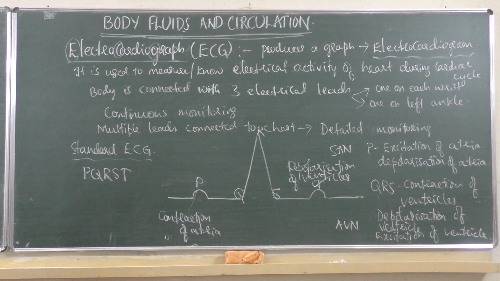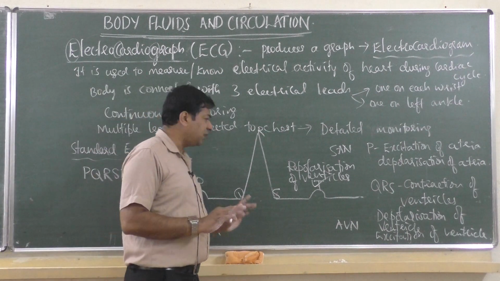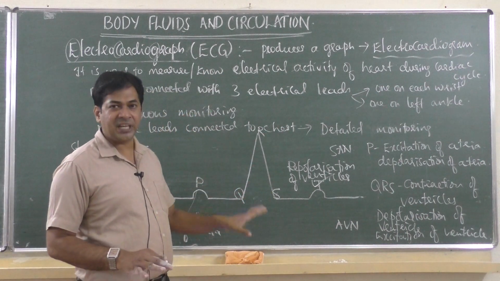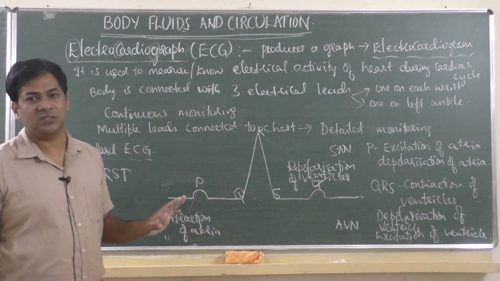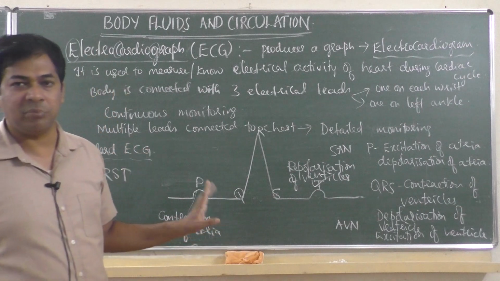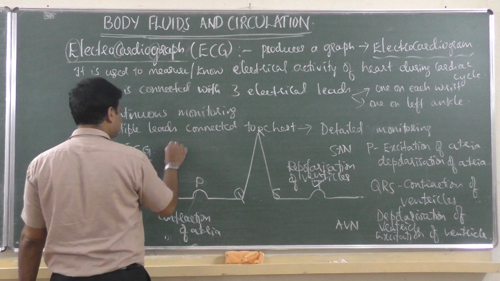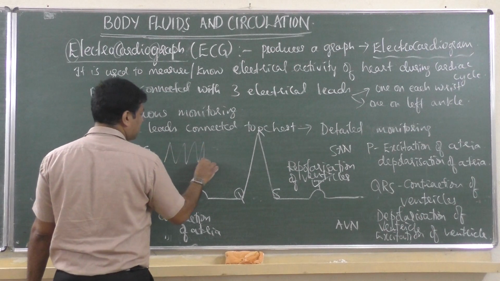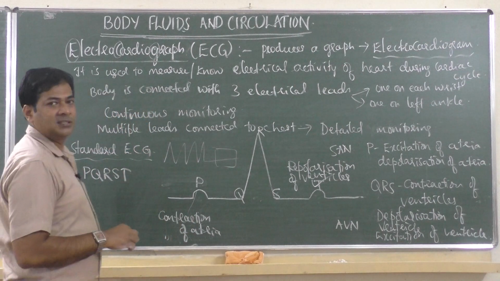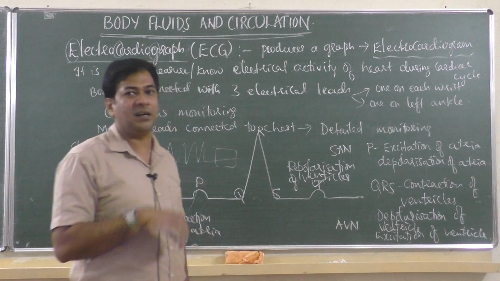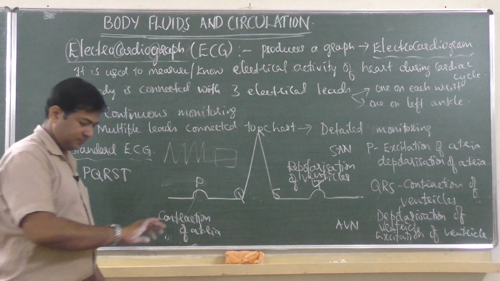Any deviation from this shape, if any person's ECG is not showing this shape, it is showing a different shape of the graph, that indicates abnormal heartbeat, he is not normal. This is for the healthy person. What you have noticed in the movies, it shows a peak like this. If it shows flat like this, then the person has gone into cardiac arrest or he is dead. He is declared dead anyway. So I hope you understood this.